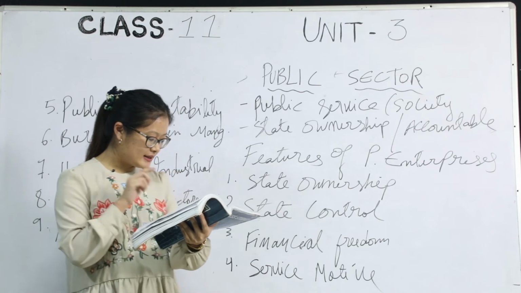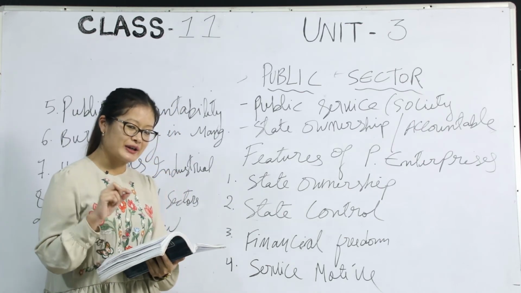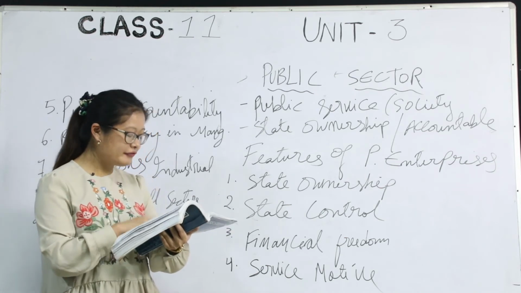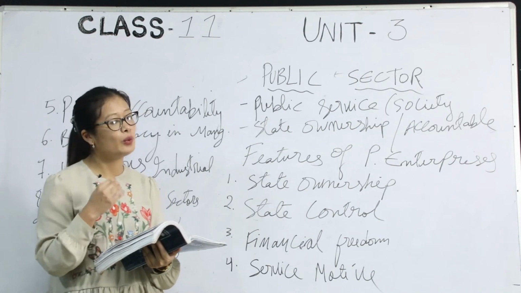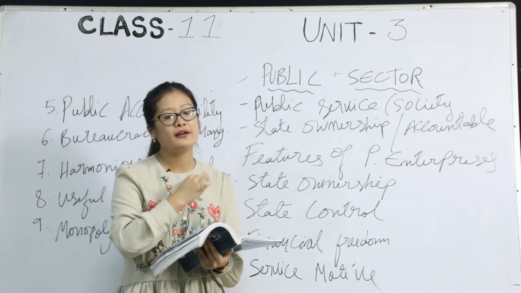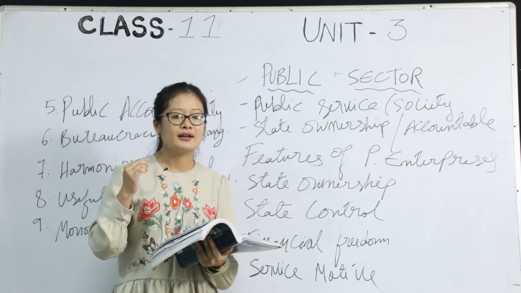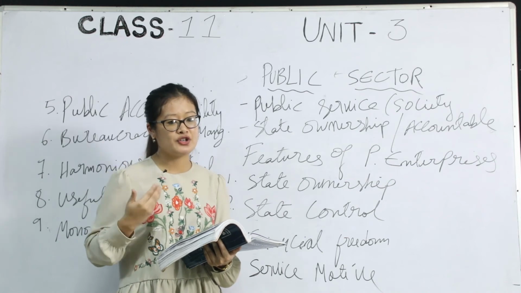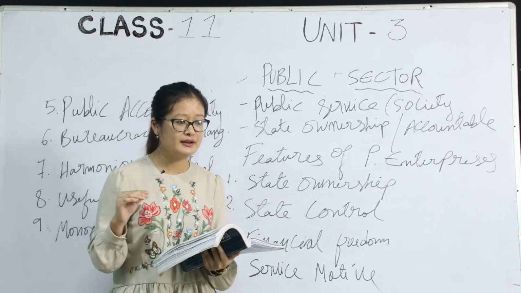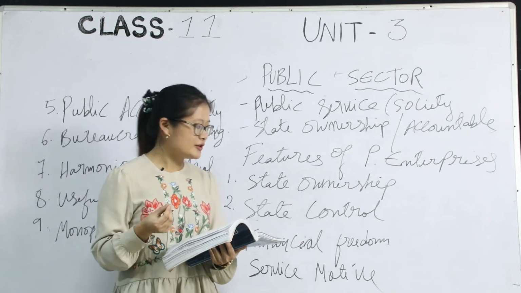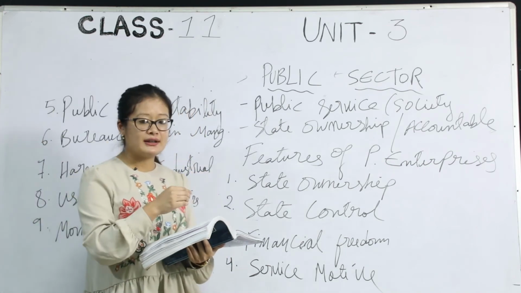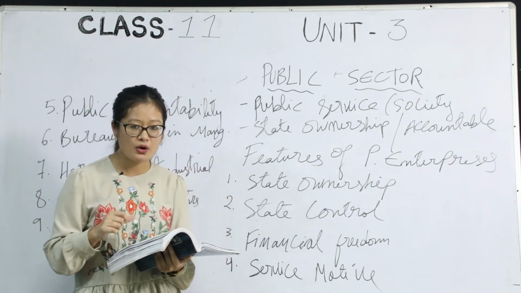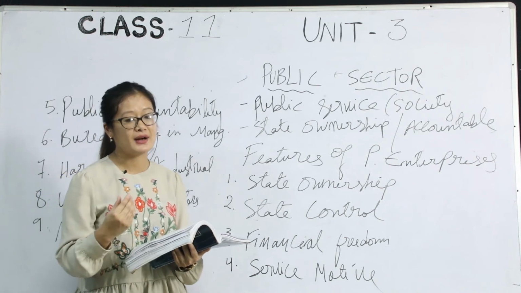And the third point is financial freedom, okay? So here, these public enterprises, the public sector, are free from financial worries, okay? In a sense, whenever the public sector is in need of finance, they borrow from the government, all right? And later on, when they are able to generate revenue, they return the same amount back to the government, all right? So financial freedom means they are free from all those financial terms, since the government takes control and the government provides for the public sector.